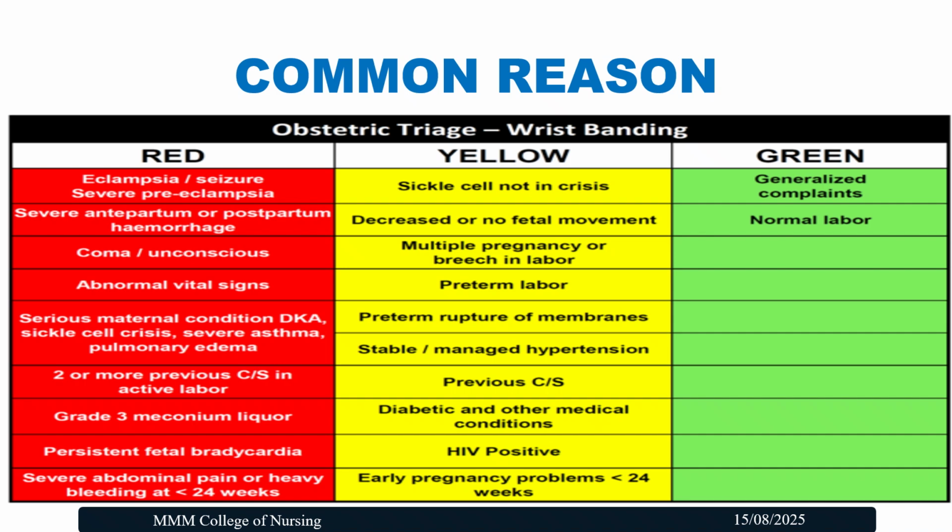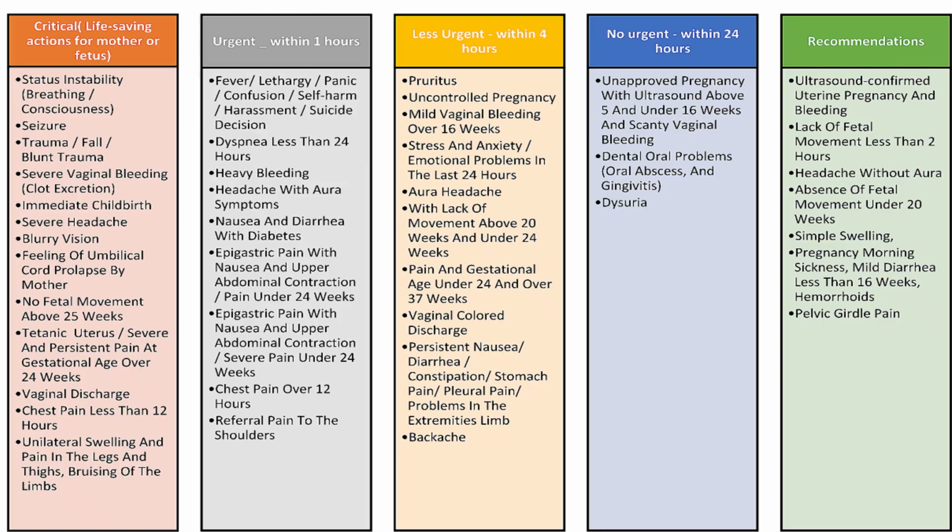Through that we can identify their priority of care. And here we have some of the conditions. Here the critical conditions like this that need some life-saving treatment. Here status instability, that is in the breathing or mother is unconscious, and seizure, trauma or fall, blunt trauma,